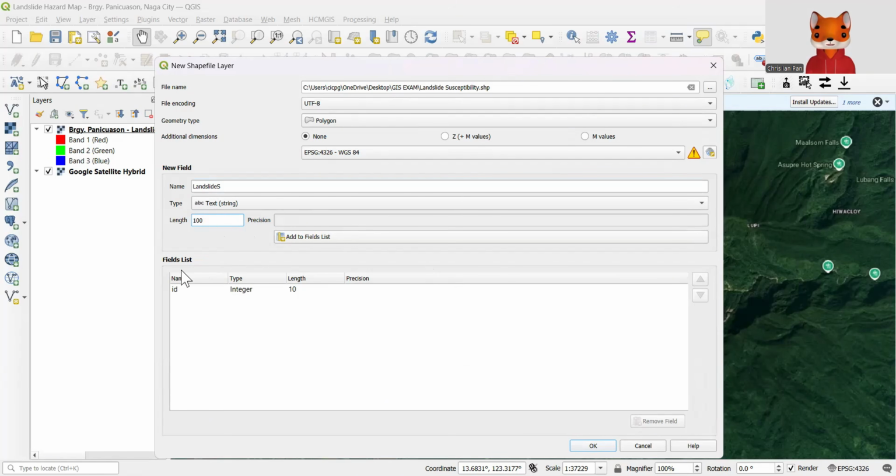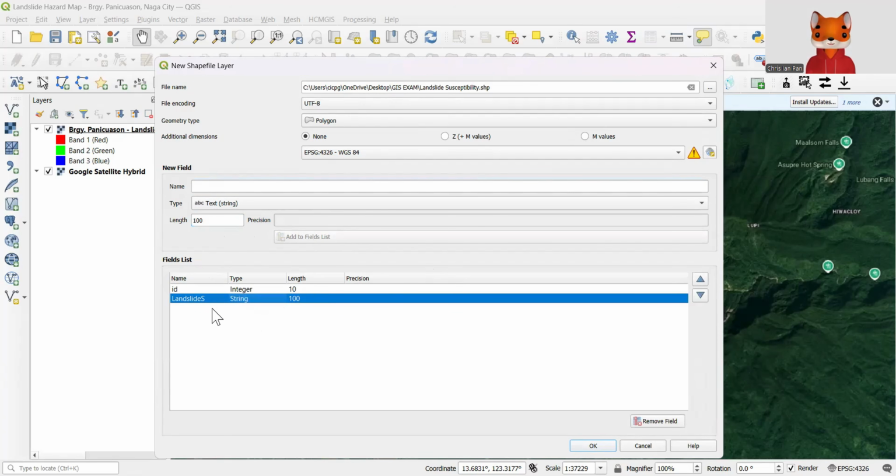It will add in this fields list. Under this landslide field, you will type your polygons if it is low, moderate, or high susceptibility.